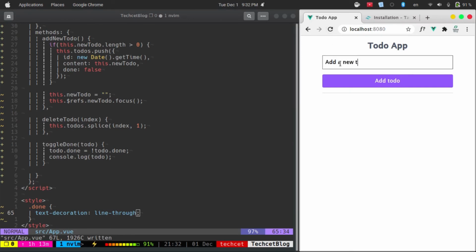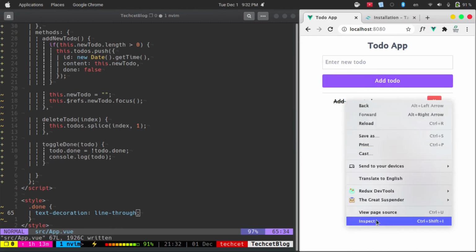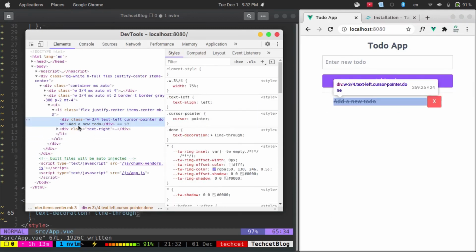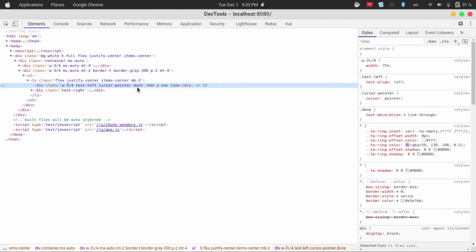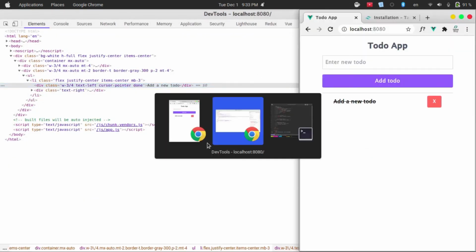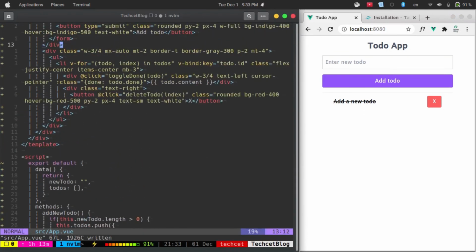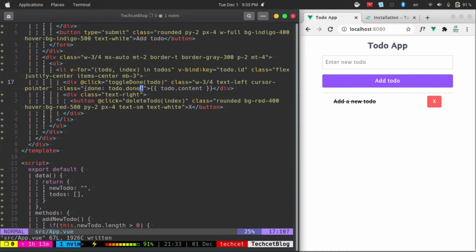Add a new to do, hit enter and click on it. You can see this line through, and if I inspect this element, you will see that this is done. And also you can use another thing, that is inside here you can use another conditional class, that